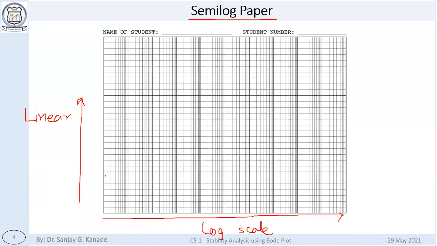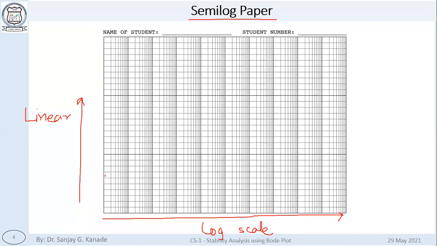The semi-log paper that you are going to get, you will have to divide it into two sections. The top section will have the Bode magnitude plot, and the bottom section will have the Bode phase plot. The x-axis scale will be common to both because that is the requirement. Based on the two graphs, we are going to estimate certain parameters which we saw in yesterday's lecture.